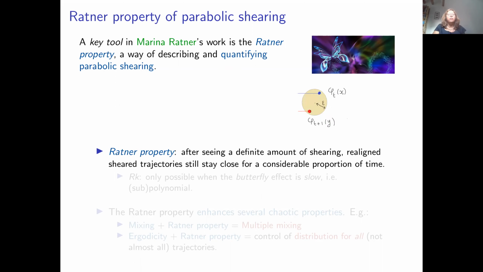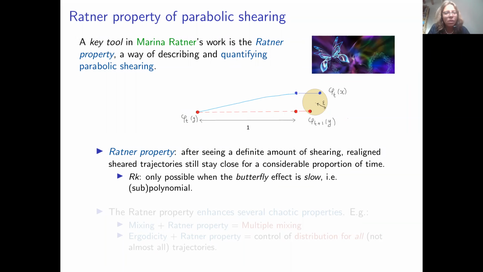But if you have the Ratner property, you want to say that you are still epsilon close, so you still stay close for a time which is a constant proportion of the time it took you to see shear by 1. So it takes you some time to see shear by 1, then you realign, and for a fixed proportion of the time it took, I'm still epsilon close. So hidden in this definition, which with epsilon and delta becomes quite subtle, and we'll not go into that,